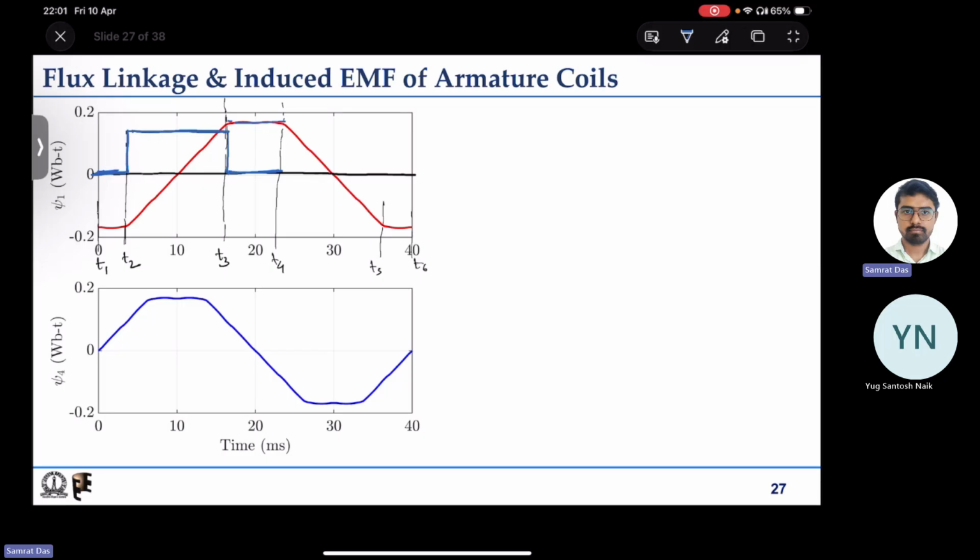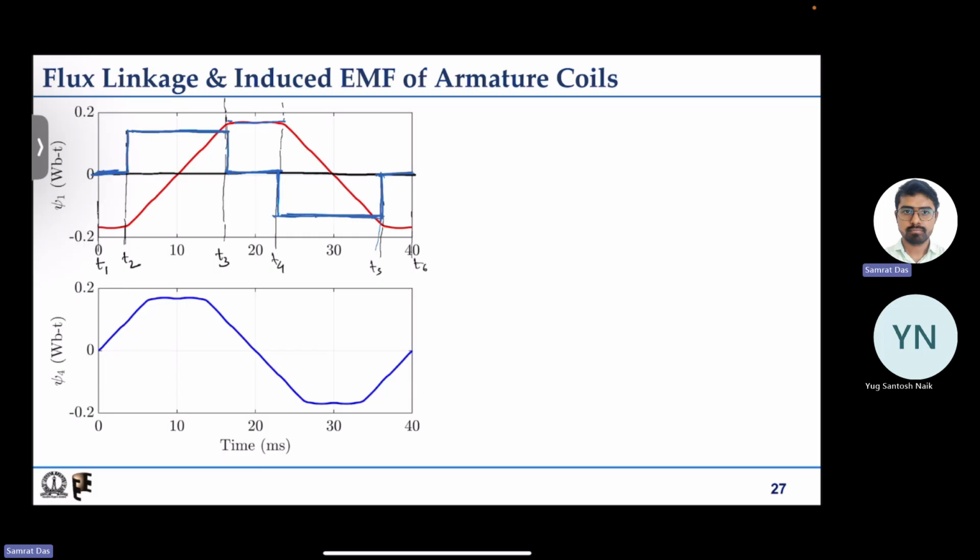Between T4 and T5 the flux linkage falls linearly, so the induced EMF will be negative of the same amplitude, because both have almost the same slope. This is the induced EMF between T4 and T5, and again T5 to T6